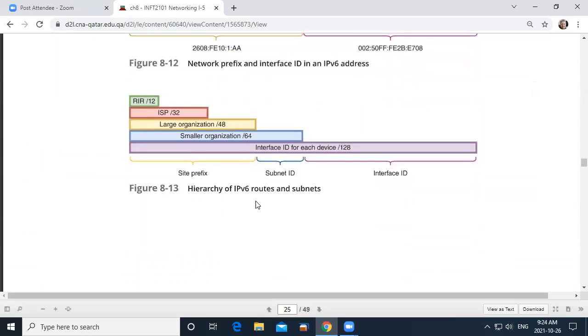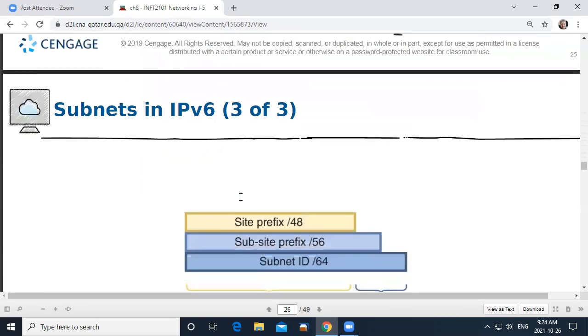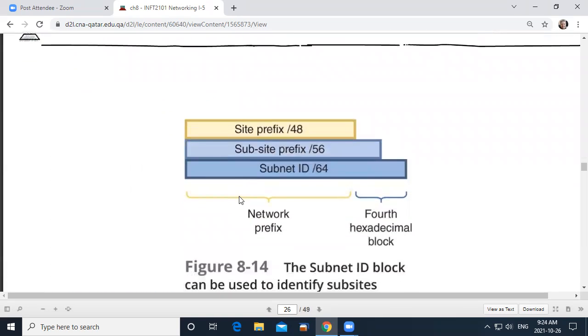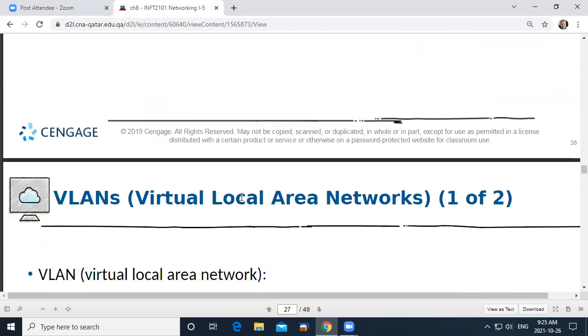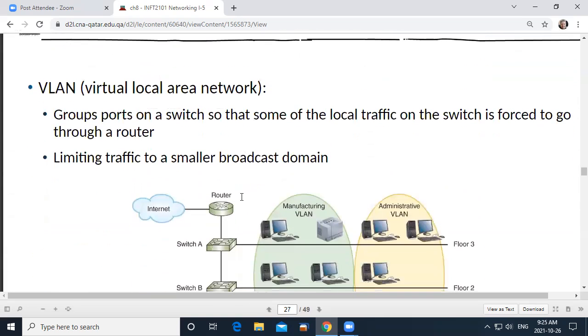We can add in there, just sort of add to it, the identification of our subnet. And so we don't have to do the subnetting and come up with special IP addresses that are separate from what we started. We just have to reallocate the ones that we've been given already with IP version 6. So it's a little bit easier from that point of view. Then you might ask yourself, well, why doesn't everybody just use IP version 6? I don't really have an answer for that, because IP version 6 has been around for at least, I don't know, 10, 15 years. People still aren't all using it.